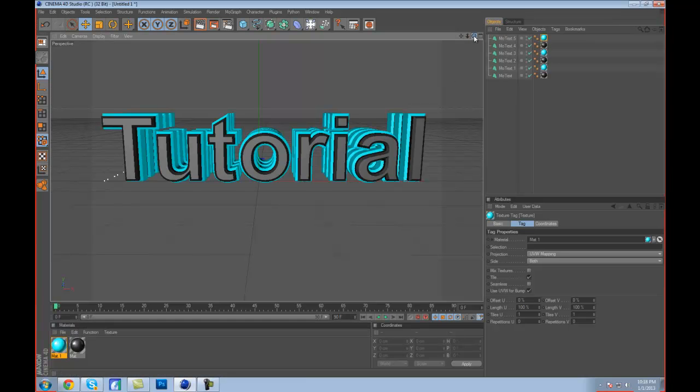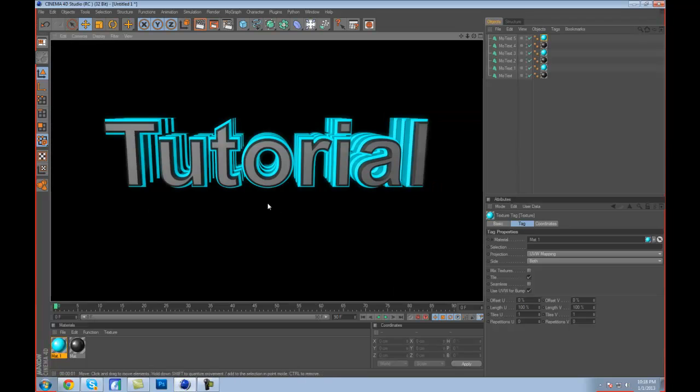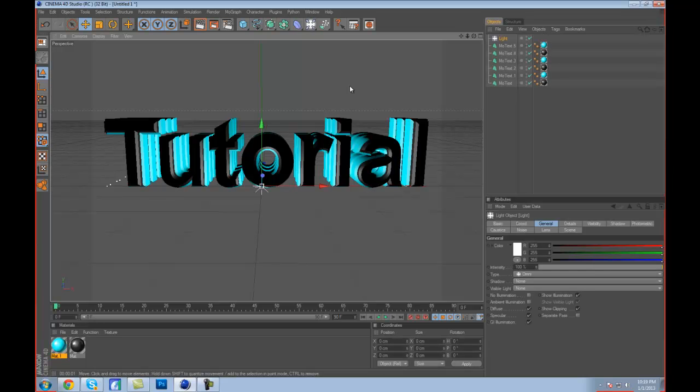And as you can see, it gives it a really nice look to the text. So now we're just gonna quickly render this out, see what it looks like. And as you can see, there's a really nice glow effect. That's what I really like, using vibrant colors, and it adds kind of a cool effect with the text behind it. And I mean, obviously you can add some lights